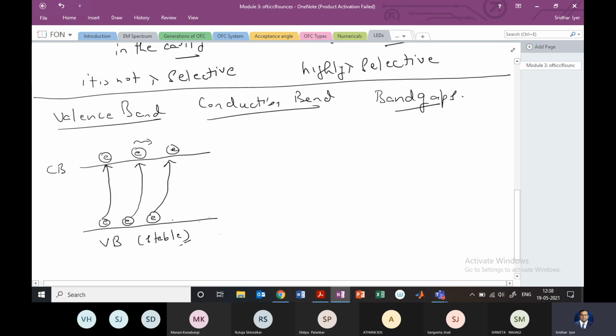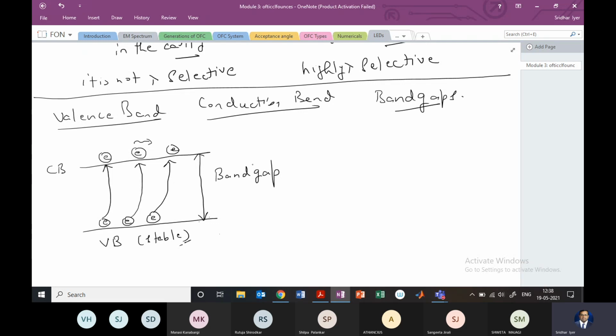Obviously, these electrons at the valence band need to acquire an energy equal to the energy between the valence band and the conduction band, and therefore this is known as the band gap, the gap between the valence and the conduction band. It is equal to the energy required by the electron to move up to the conduction band and start conducting, right? So you would have heard this statement: in order for electron transitions to take place,